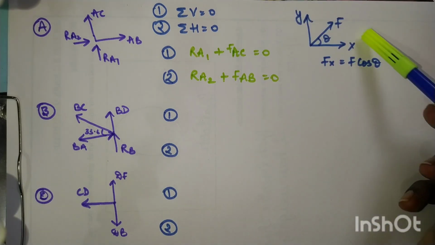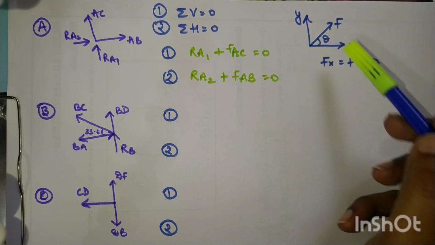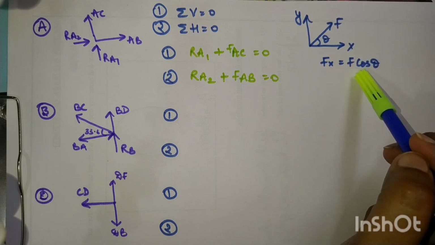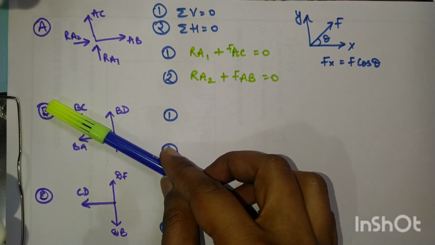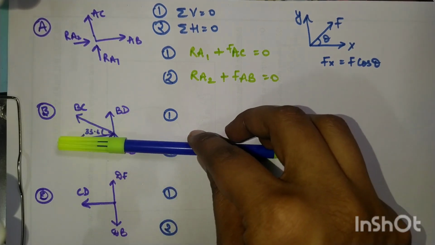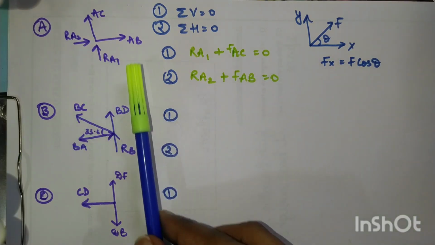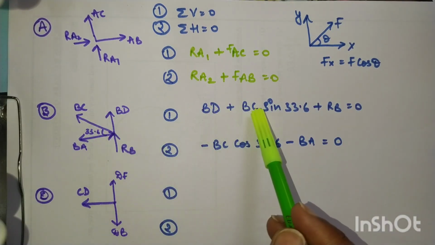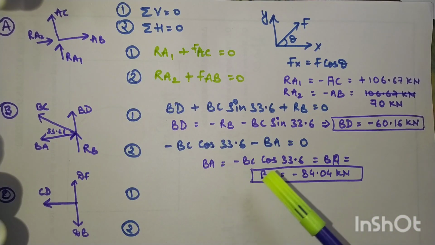How to resolve the forces? हमने ये formula use किया है that if the theta is given from the x-axis, we'll be using cos theta. We'll be applying this and resolving all the forces here. Coming on to the B joint, this BC will be resolved and it is going up, so positive y direction, and this one is going in negative x direction, so this is negative. We'll be writing all the forces and all the equations here. Positive x direction and positive y direction. One is your vertical, second one is your horizontal.